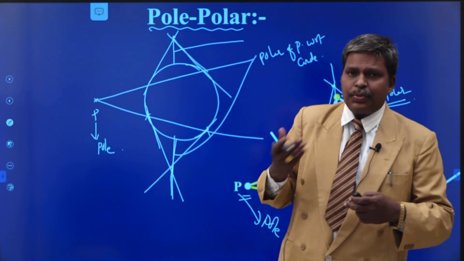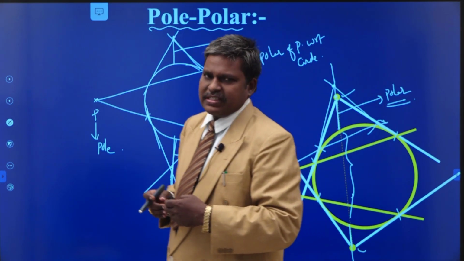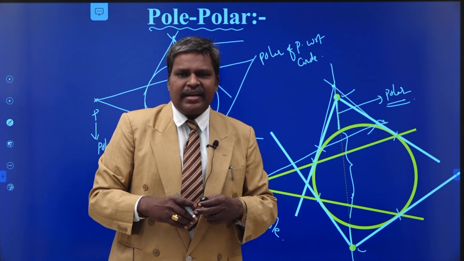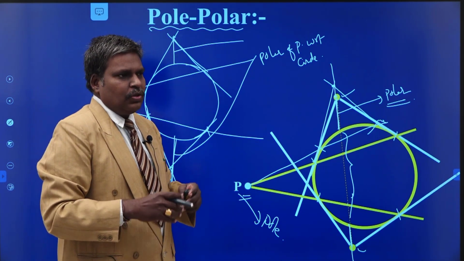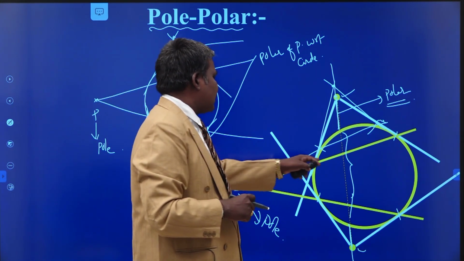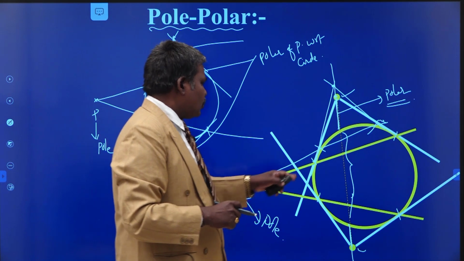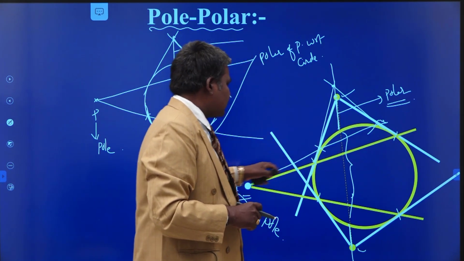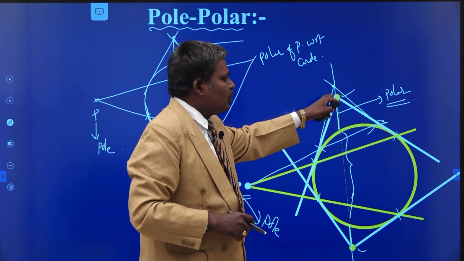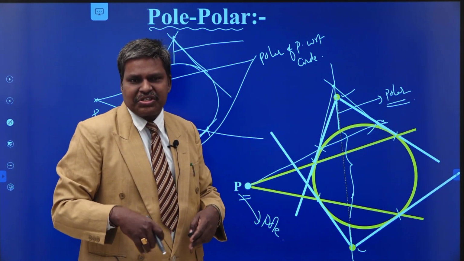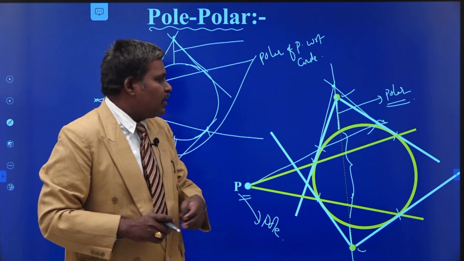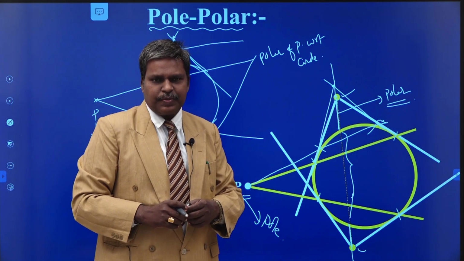So, to write the polar of a point with respect to a circle, the first thing is you have to draw the secants through that point. Every secant intersects the circle at 2 points. You have to draw the tangents at the extremities of the chord formed by the secant line with the circle. So, these are the 2 points of intersection for this secant line. Draw the tangents at these extremities, you get some point of intersection. You collect all such type of points of intersections, you get some locus. That locus is called polar of the point P with respect to the circle.